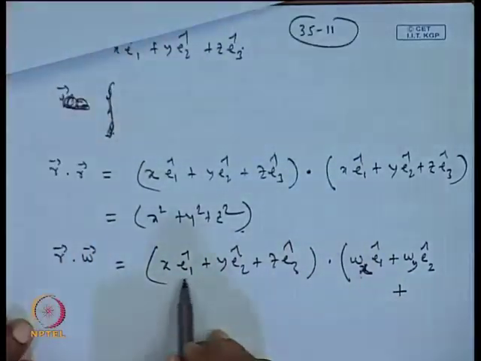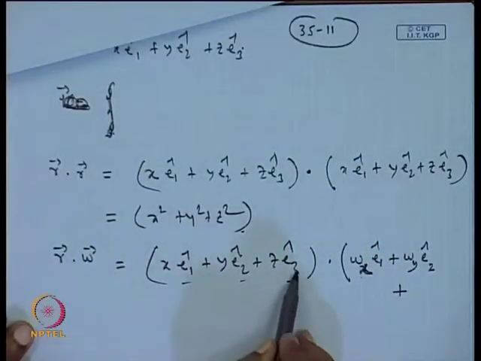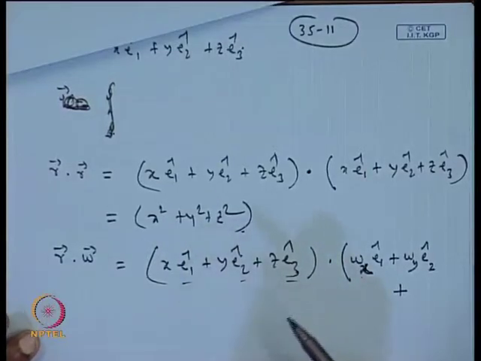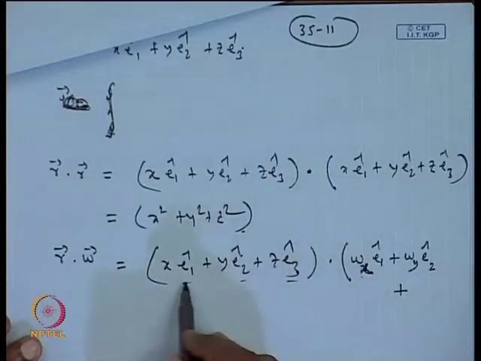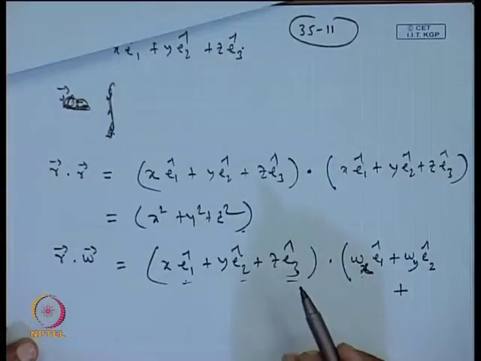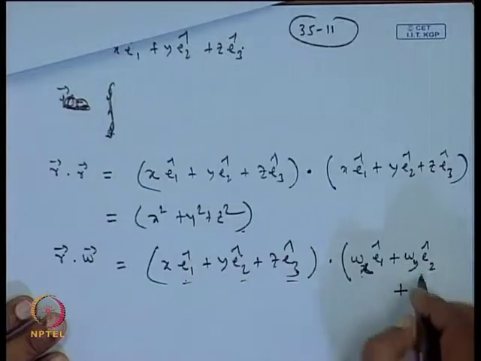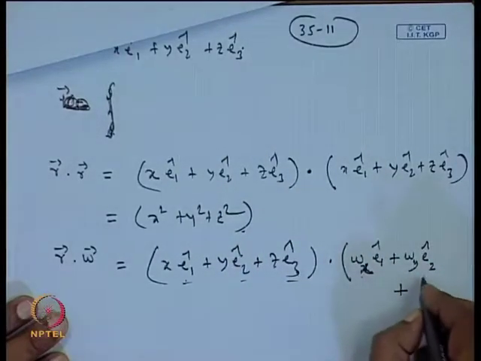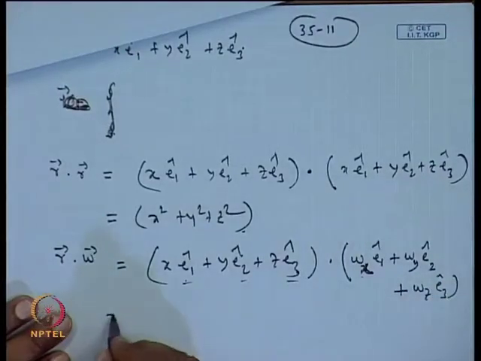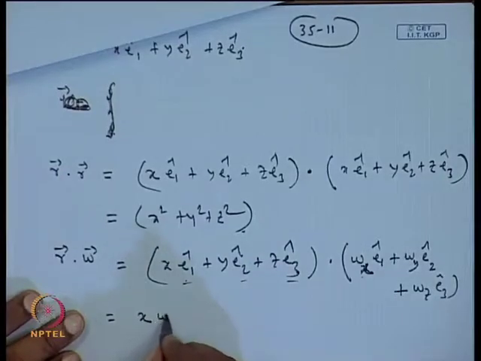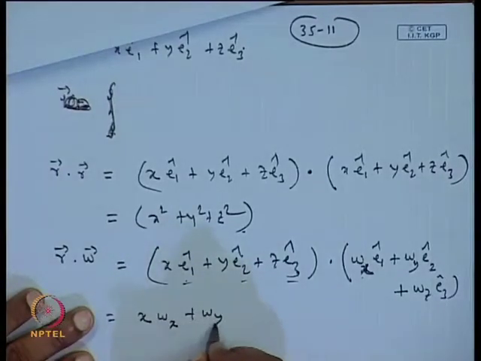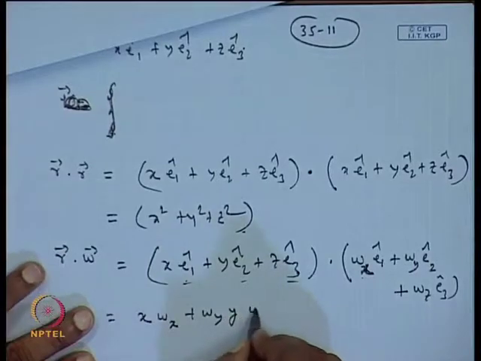So, what I was following with E 1 cap, E 2 cap, E 3 cap, these are the generalized notation rather than writing in terms of x, y and z. So, they represent any three orthogonal directions. Anyway, whichever way you write, it does not matter, the result will be the same. So, this is omega z E 3 cap. So, this will give you x times omega x plus omega y times y and plus omega z times z.